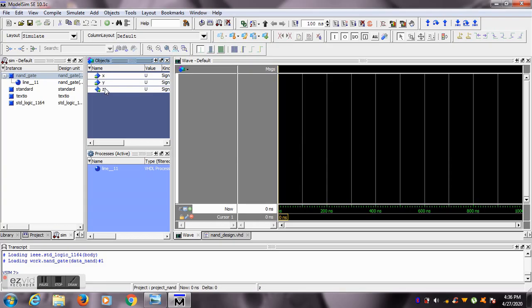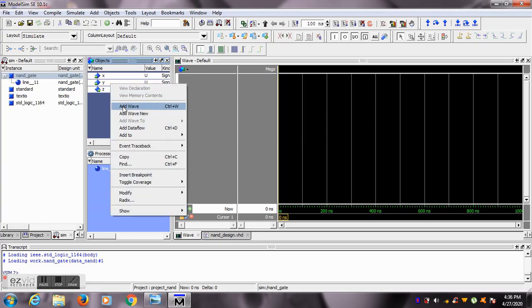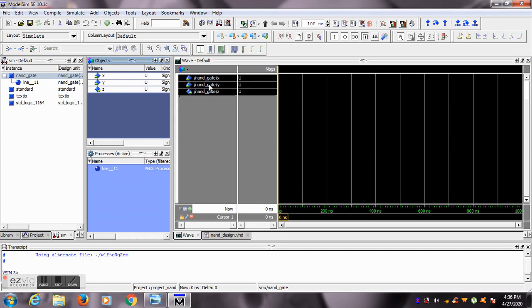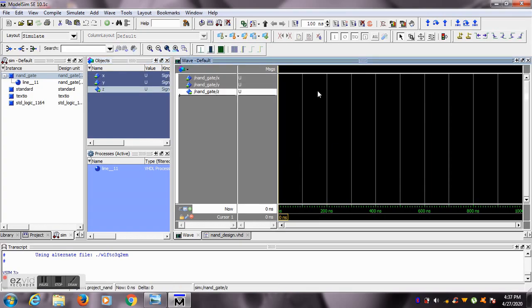Thus all these signals will be selected, and these are the input and output ports of our design. Now add these signals to the wave window. So all these signals are added to the wave window. Now X and Y are our inputs and Z is output.